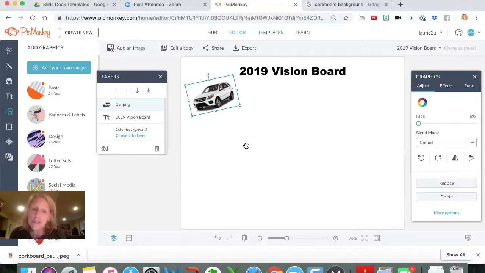And I would encourage you to take pictures while you're test driving it of you with the car, of the inside of the car, your hand on the steering wheel. Those pictures are golden when it comes to your vision board. So you can associate yourself and you remember what it's like. Maybe you have a dream of a car and you get in to test drive it and you don't like it.